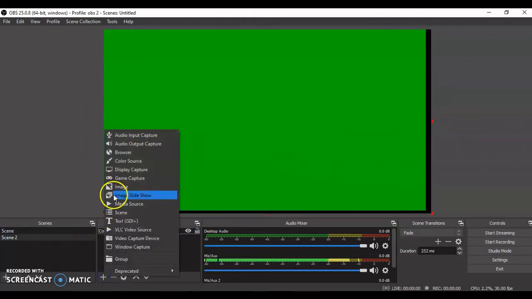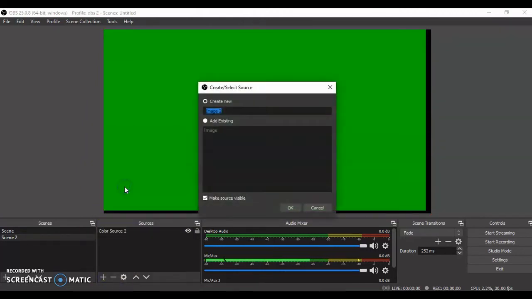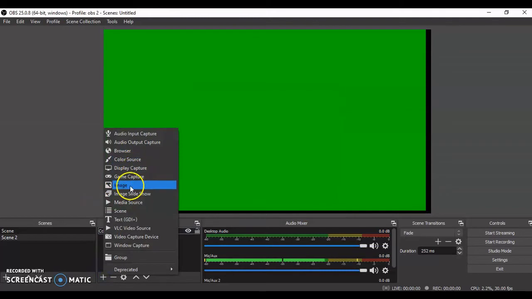The next important thing is image. You can put an image here. As I have put an image already, in the same way you can put as many images as you want, your own images as well. Now the next one is image slideshow. Image slideshow is really very important because it runs the images as a slideshow on its own. You need not touch the mouse, it goes on its own.